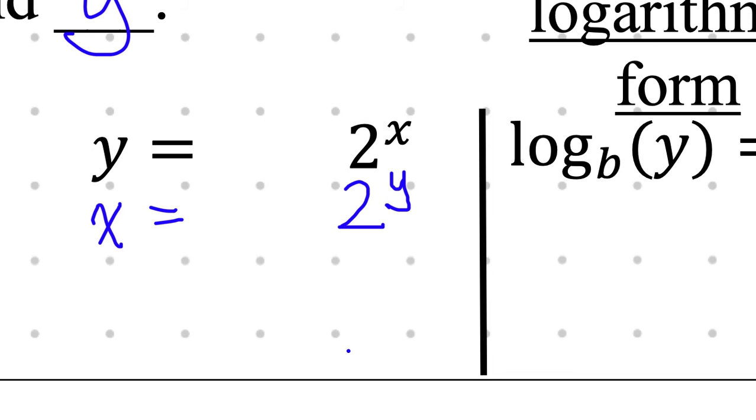All right, so in order to get y by itself, I'm trying to isolate y. You've never seen this before. Here is a new algebra trick, and it's a trick that I'm going to be teaching you over and over again. So if you pick it up right now, there's less to learn. In order to get this exponent down into the base, I'm going to take the log of both sides. So I'm going to write log